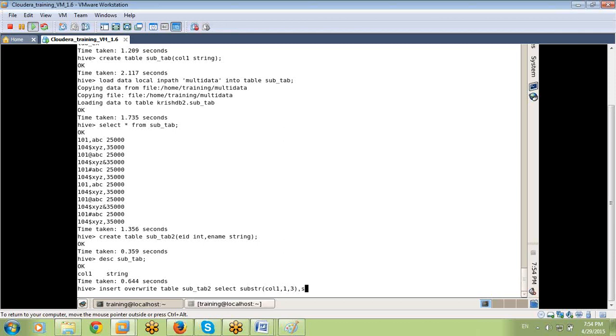Comma. Again substring of col1, comma. I want ABC, the names: A starts from the 5th position, up to 3 characters. I don't want a salary, so from subtab.